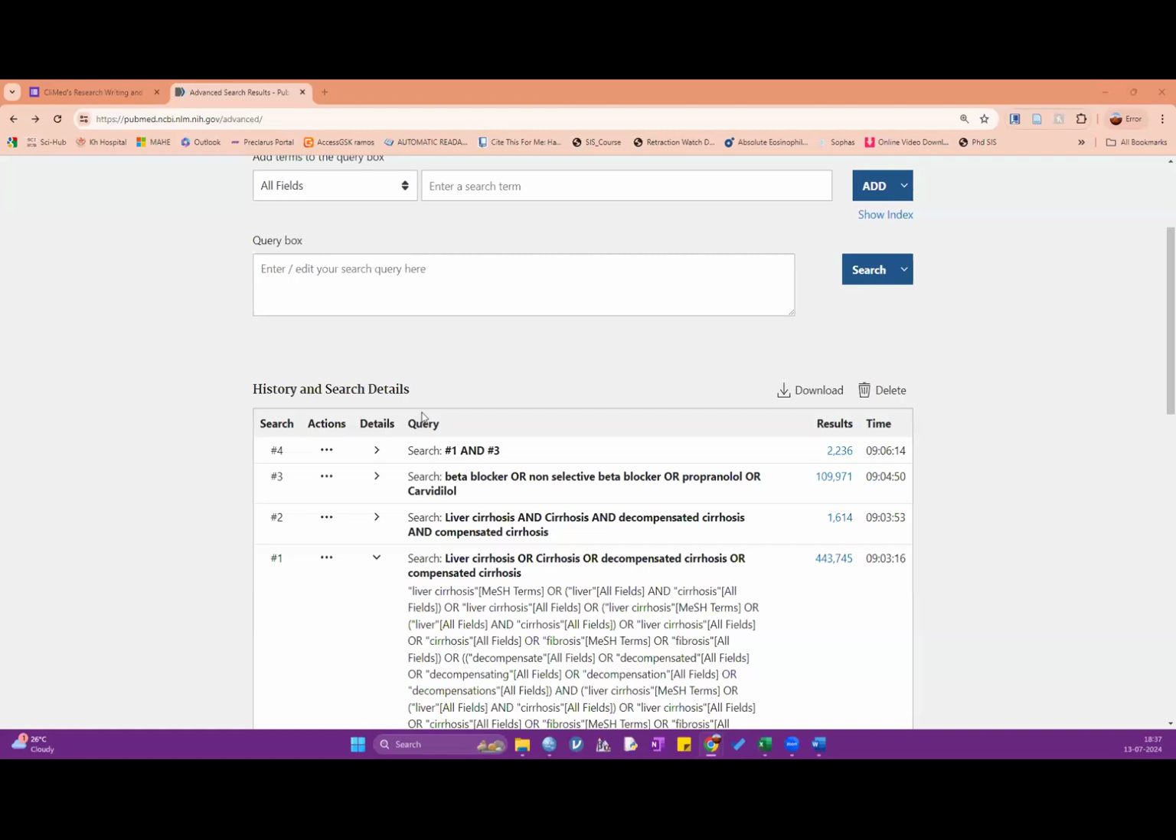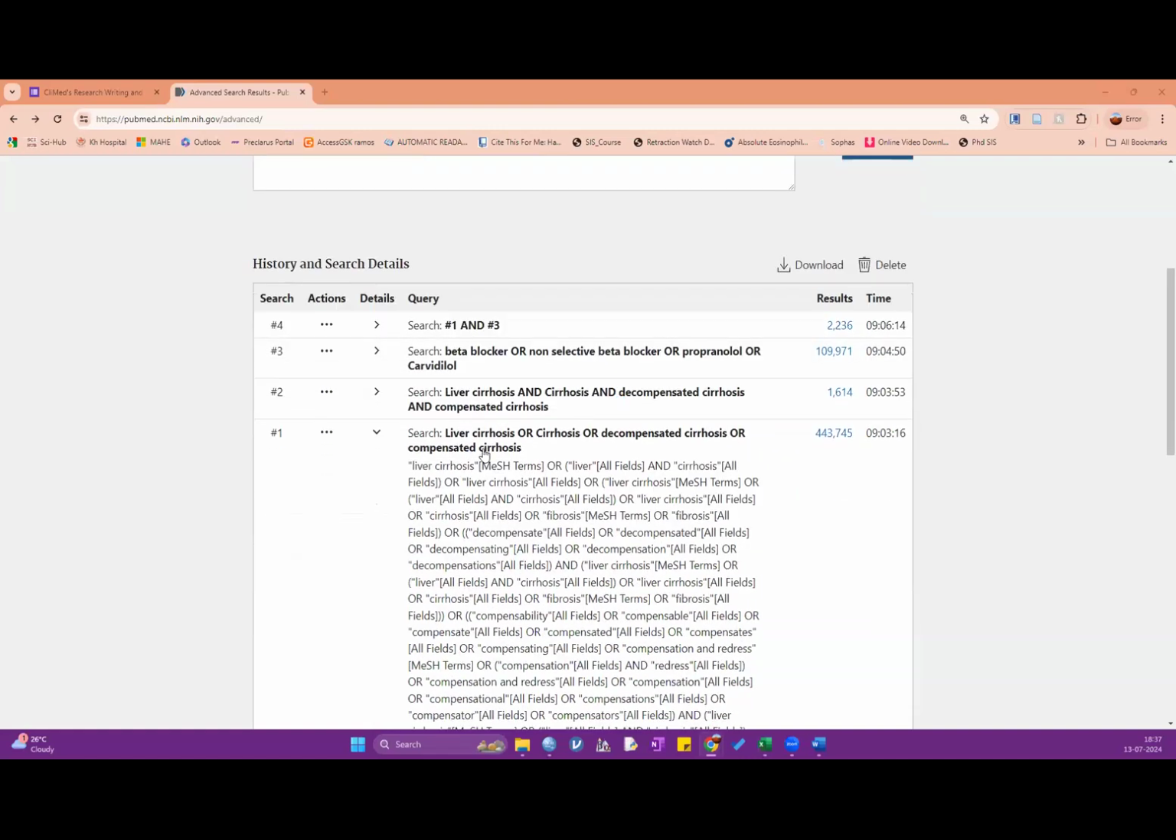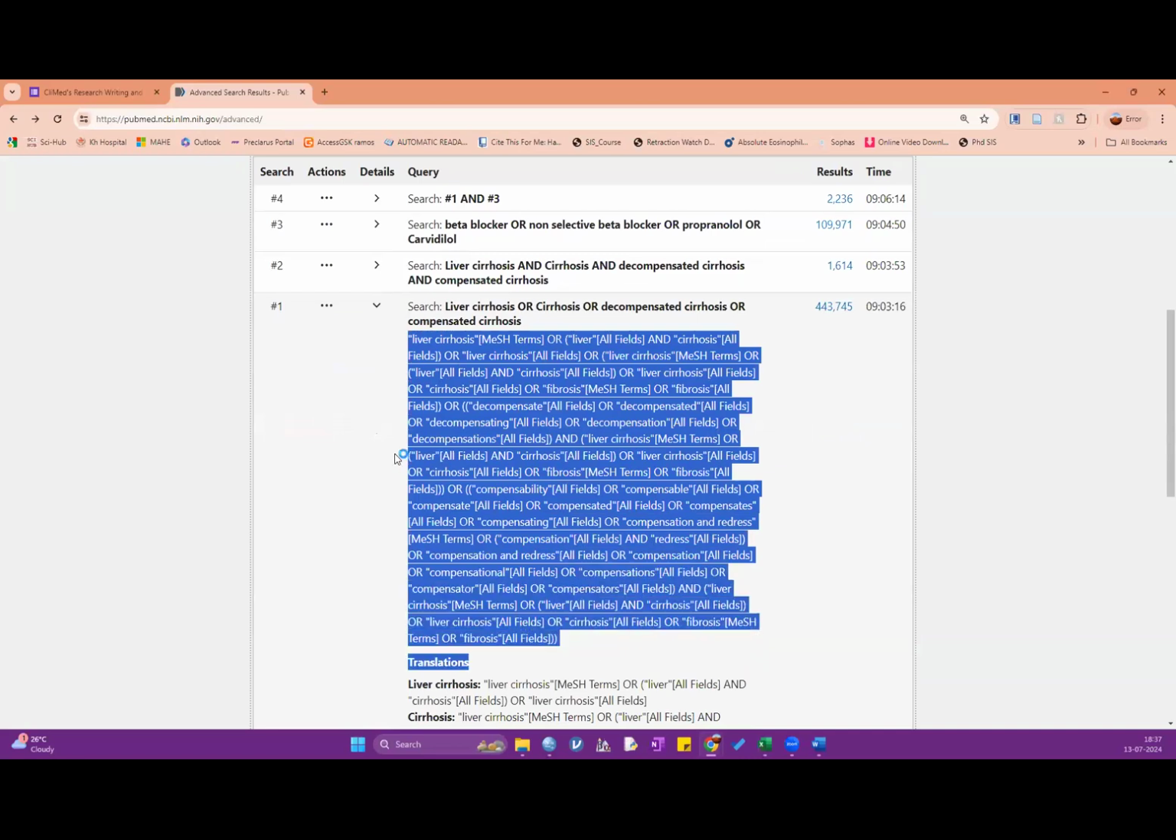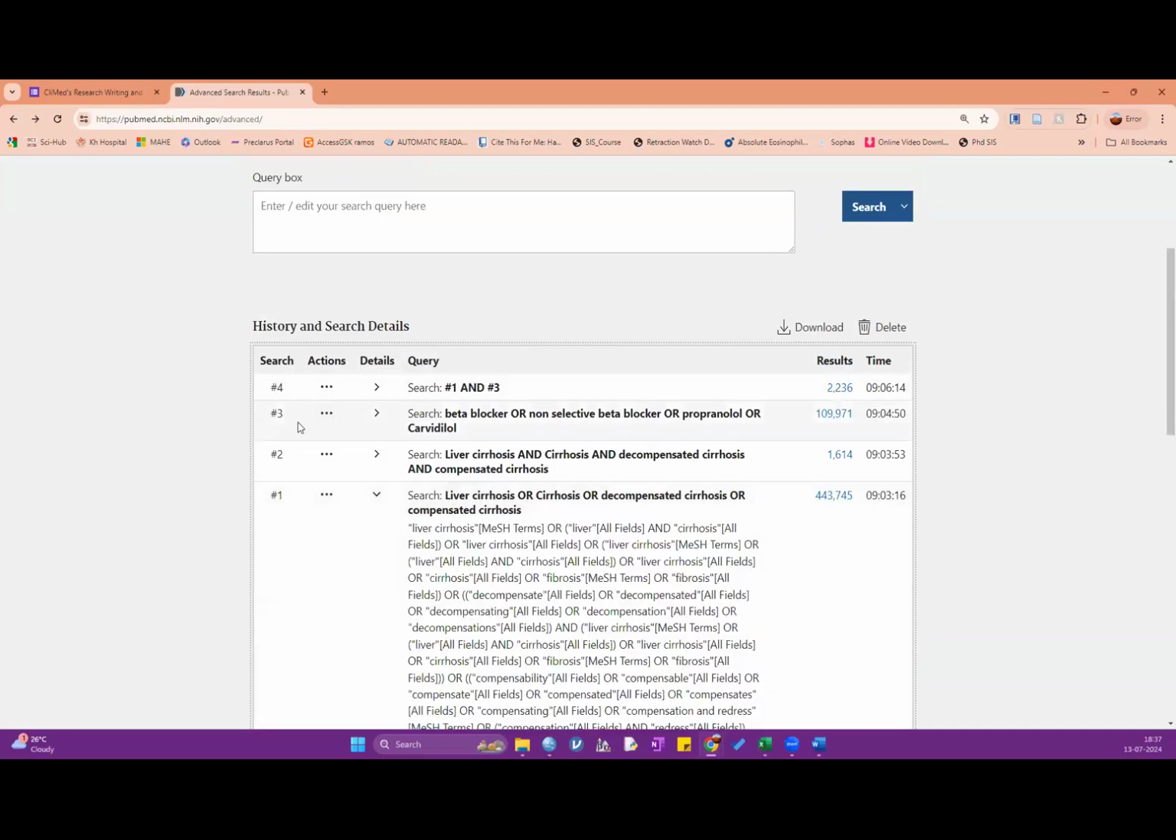Yes, sorry. Now you want to ask about the hashtag part. Okay, done. Now the hashtag part is what? This hashtag will represent the entire code, whatever we are getting here for the liver cirrhosis part, like what terms we have used for the liver cirrhosis part. #3 is representing the drug part, beta blocker,